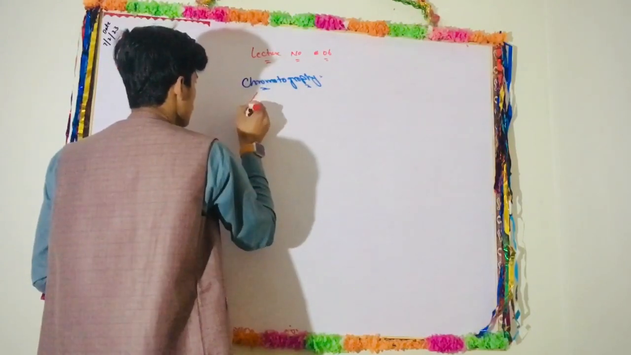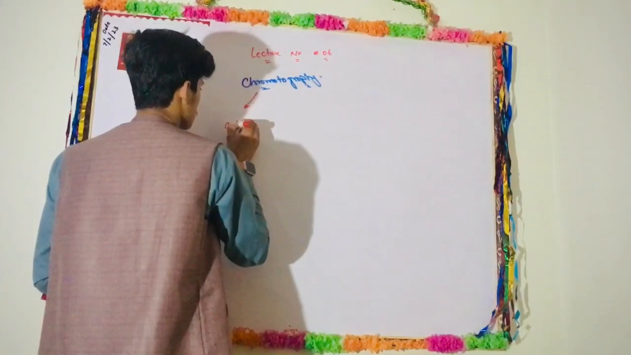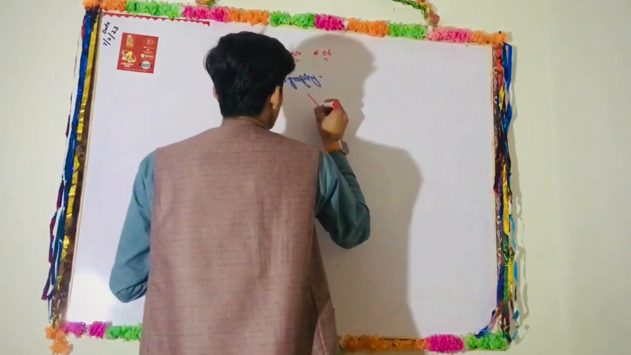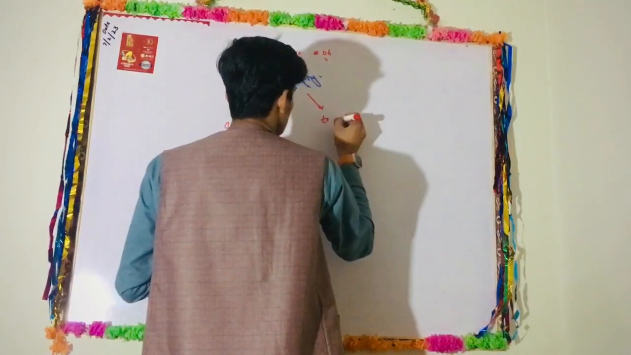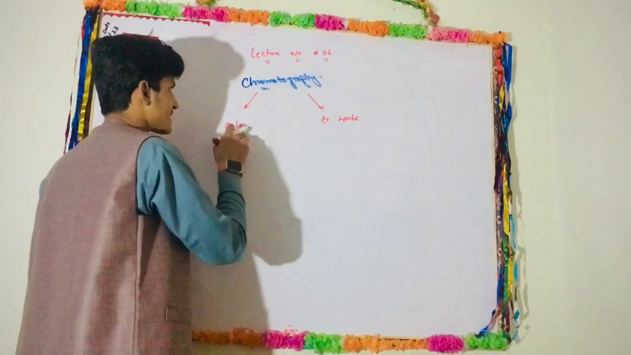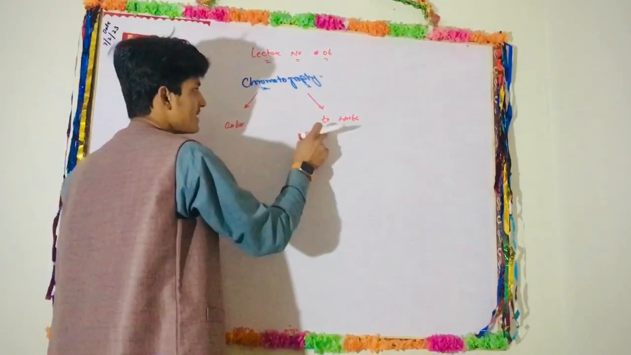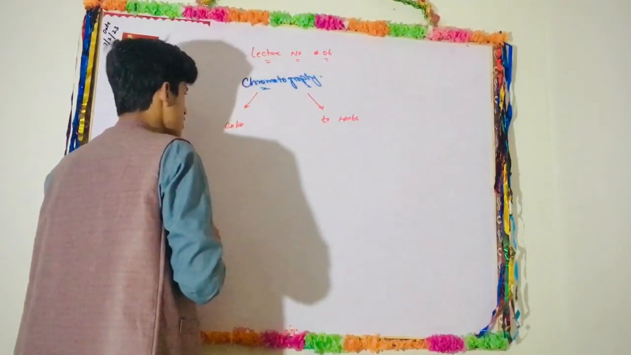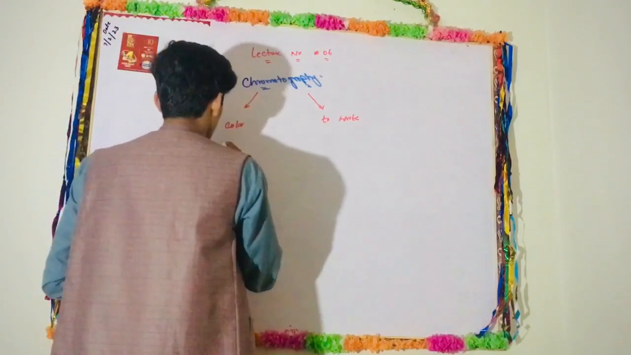Chroma means color. Graphy means to write. Chroma is color and graphy is to write. Definition: it is the technique